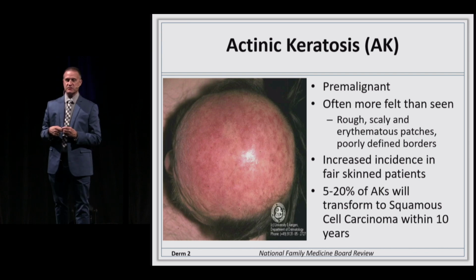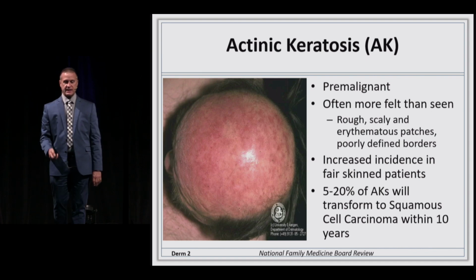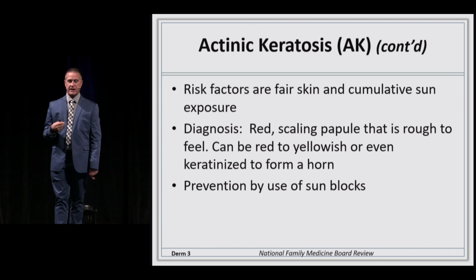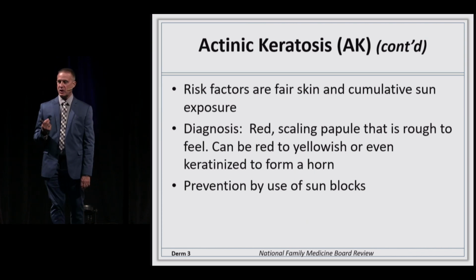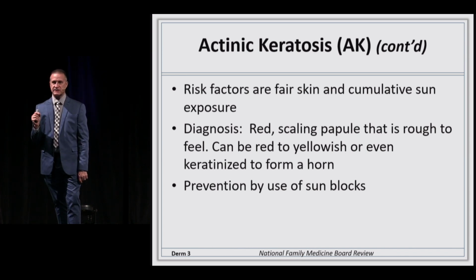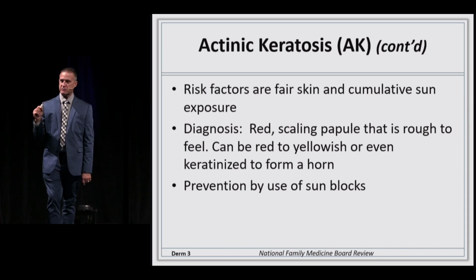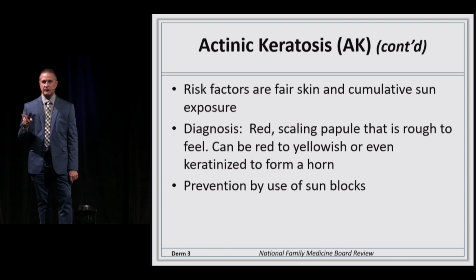The biggest problem is which one of those AKs is going to do it, and it's very hard to tell. Again, we look at prevention is better than trying to treat. So we'll look at sun block and block out. The diagnosis here is, again, as much seen as is felt. And if you're not sure, usually a superficial shave will give you the diagnosis, whether it's AK, basal, or